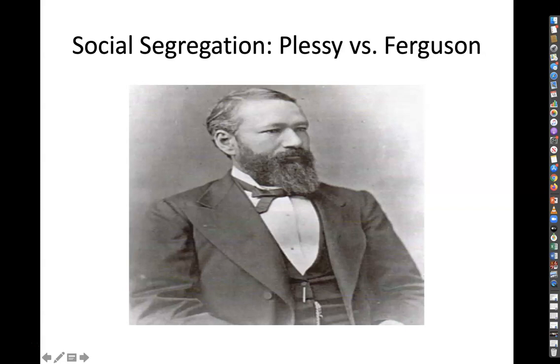Now we will move from the political dimension of the emergence of Jim Crow laws in the South to the social dimension. But first, let me remind you that all three dimensions, the political as well as the social and economic, are all interconnected. And they're pretty much happening simultaneously, say, during the last decades of the 19th century into the early 20th century. And of course, the cumulative effect here is exactly a segregated society mandated by law.